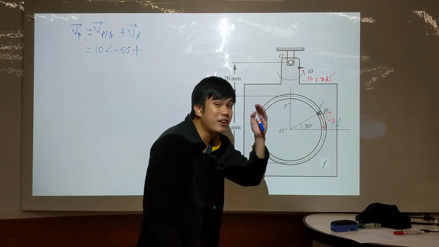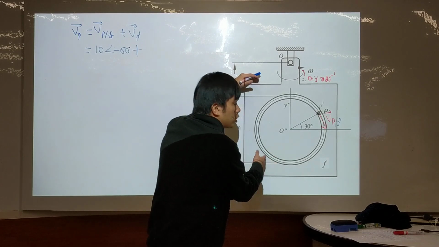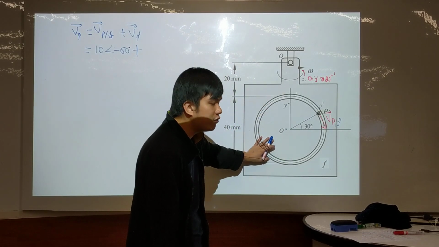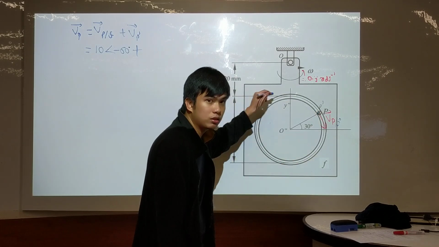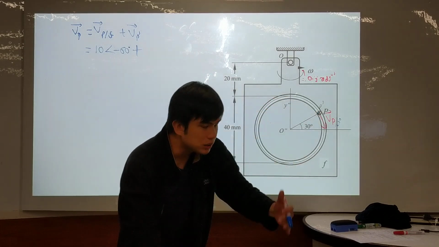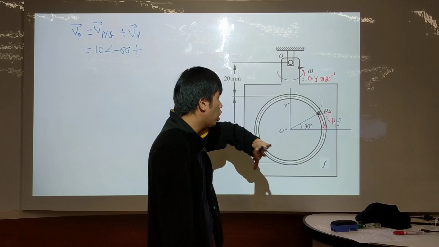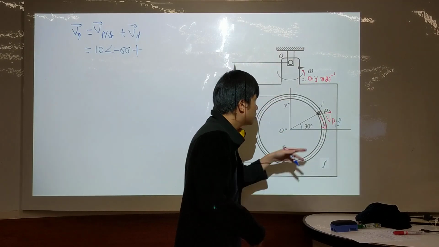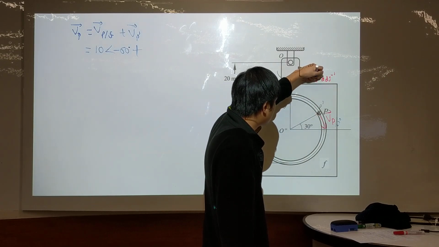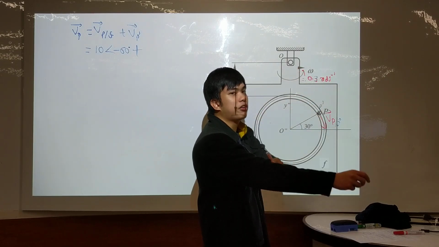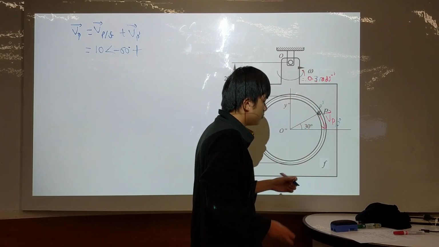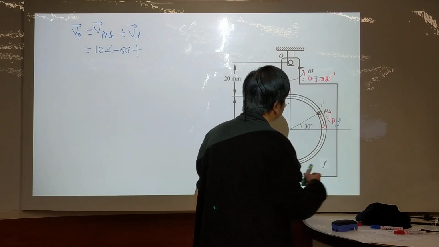Velocity of P with respect to F is a circular motion about O double prime. It's different. In F perspective, P is going in this circular motion, but the velocity of P prime, which belongs to the body, is circular motion about O. So in this case, if the body itself is going in the counterclockwise direction at 0.3 radian per second, it is very clear to see that,